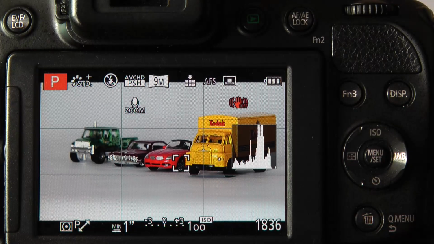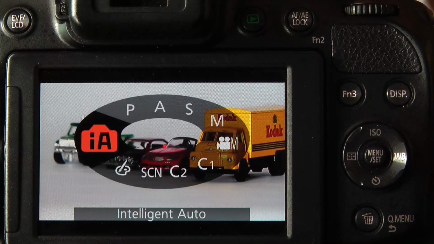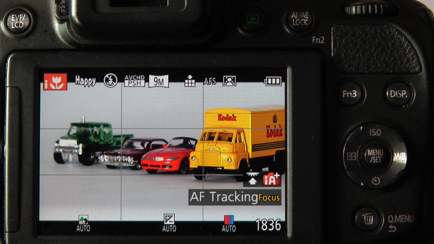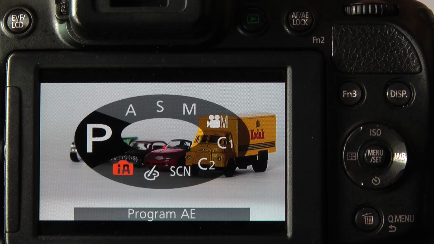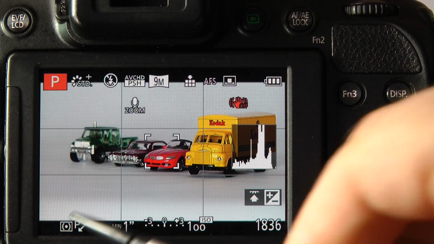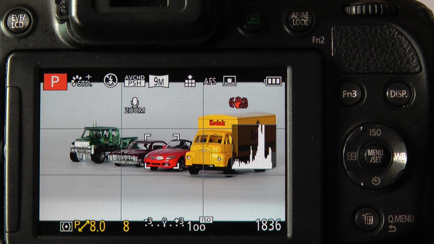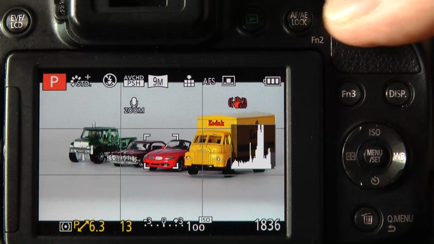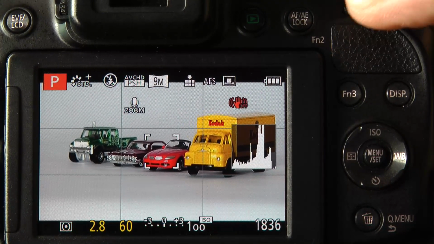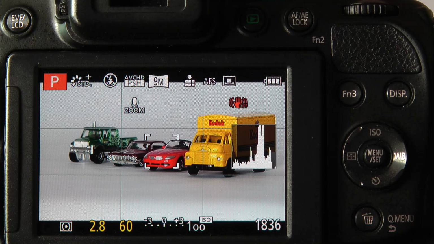The program shift that's locked into the camera will stay active even if you momentarily went into another mode. So for example, if I suddenly saw a scene that I wanted to photograph and I put the camera in IA mode just to get that picture without having any setup to do, the camera will remember the program shift mode that we've engaged, and when I come back into the P mode, it will have remembered the program shift as indicated again by the camera. If you wanted to release the program shift, then you just turn the control dial until the double-headed arrow turns off, and that's normally at the 2.8 setting.